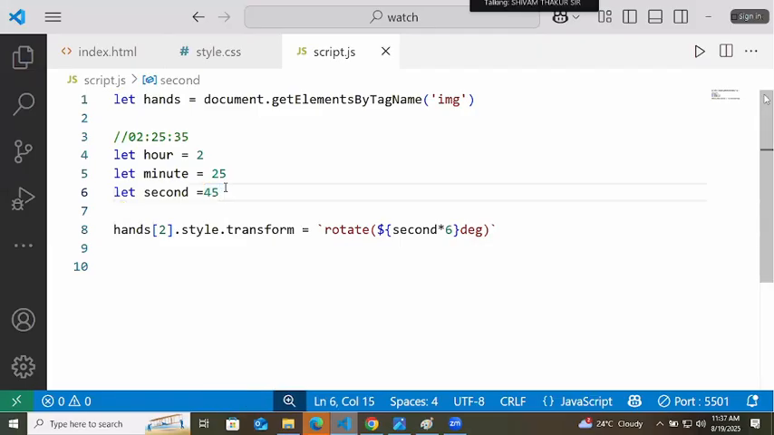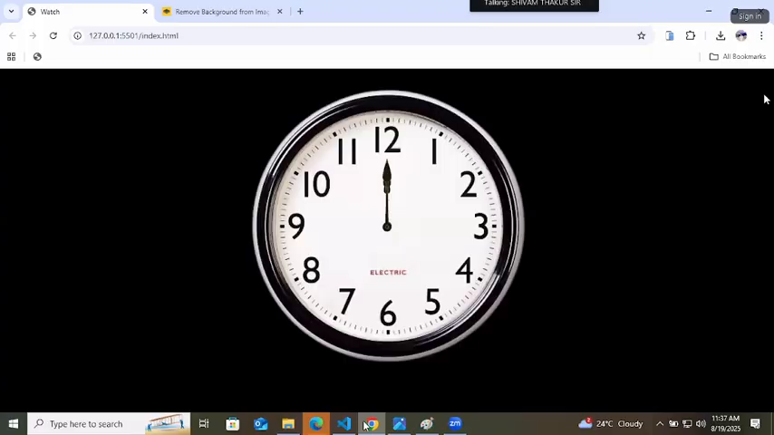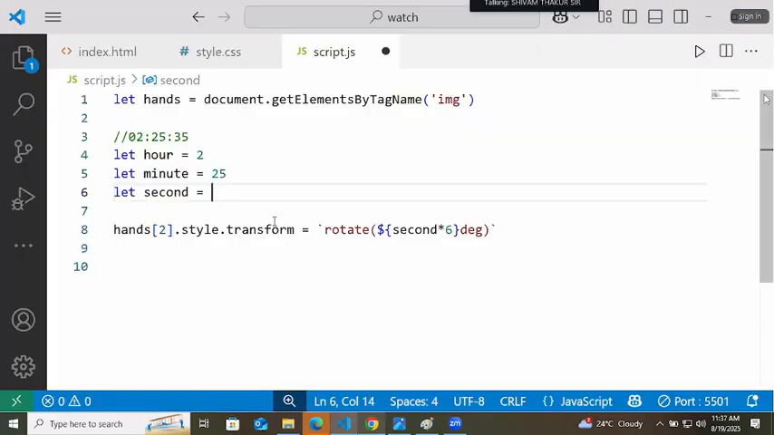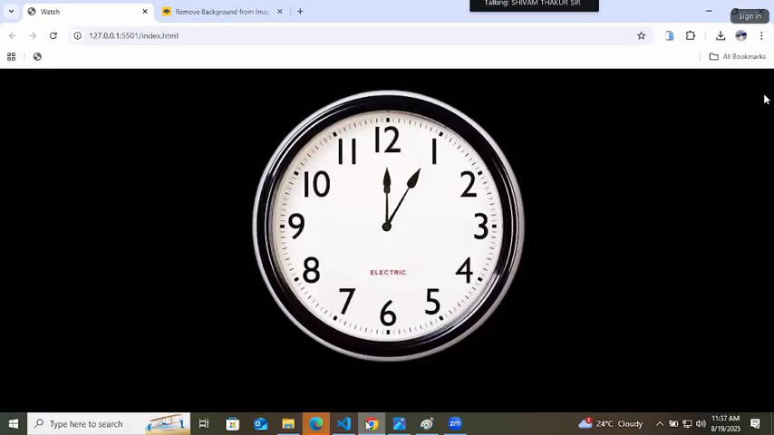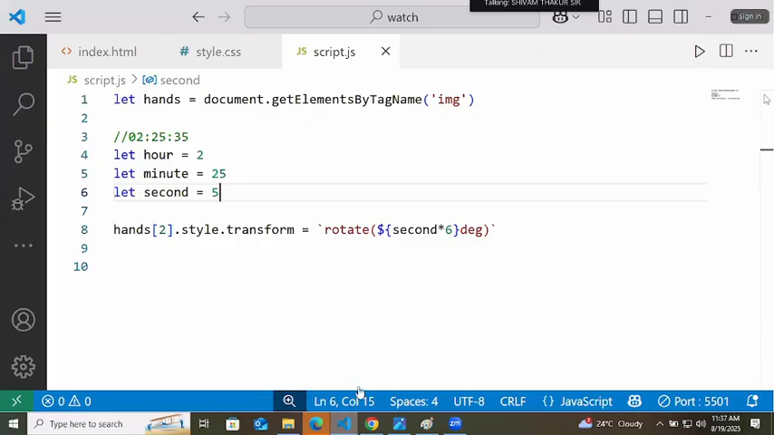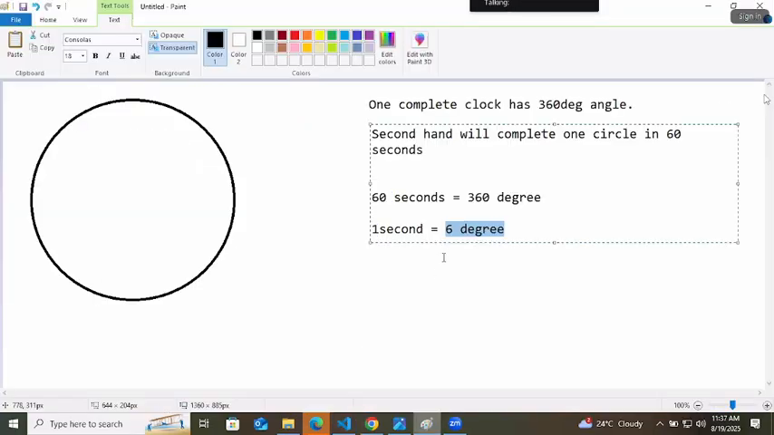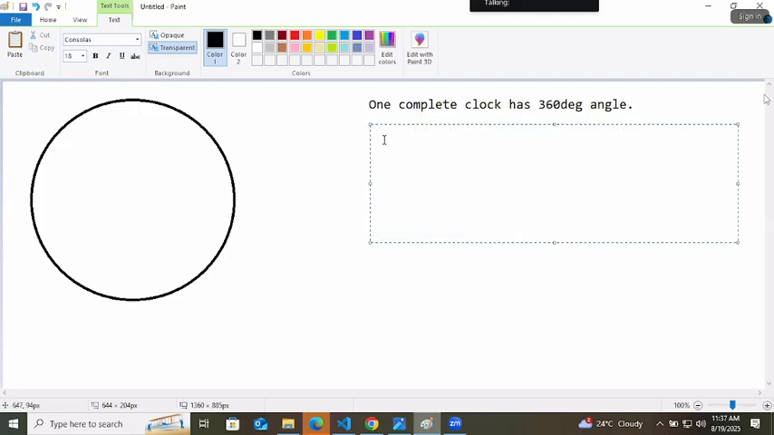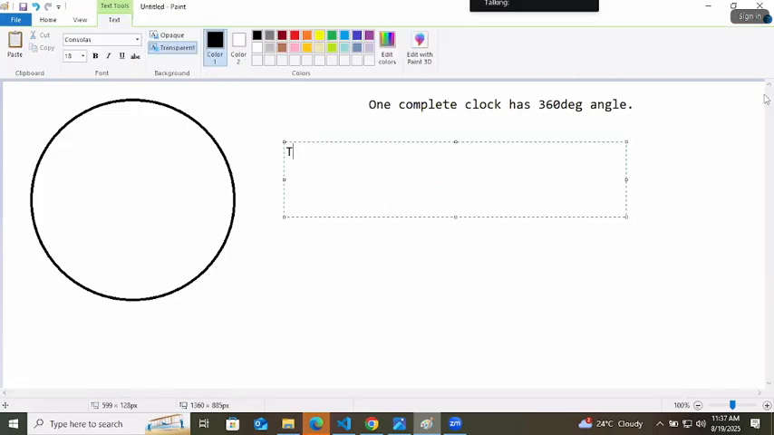Change the value to 45 seconds. Now it should show 45 seconds. Showing or not? If I'm writing here 00 or simply 0, or 5 seconds, is it showing 5 seconds? Correct. Second is done. Okay. Now let's talk about the hand of minute. The minute hand